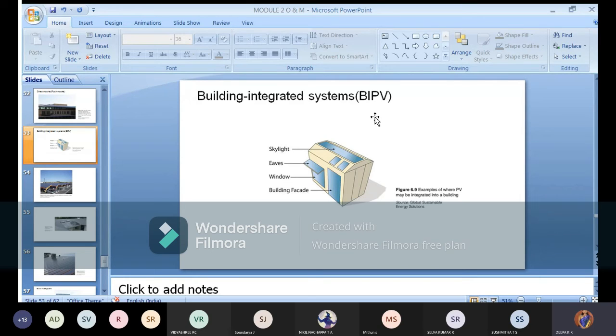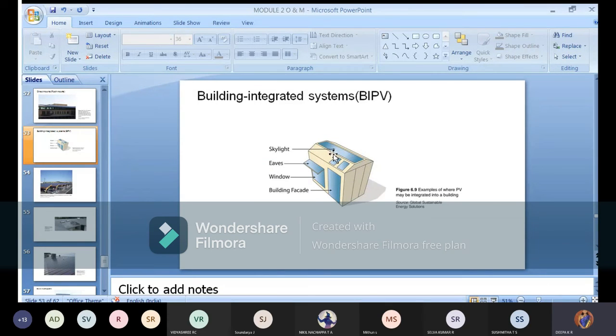So building integrated systems are increasing in popularity, and if you incorporate this in your houses or buildings, you're contributing to the ecosystem, meaning it is eco-friendly. So that is a possible condition.